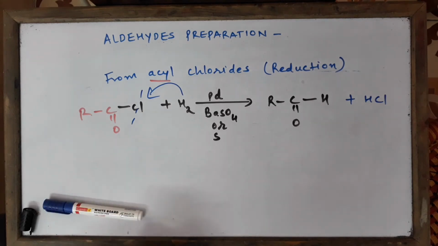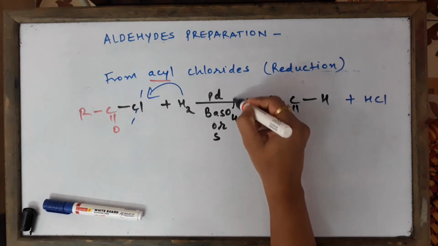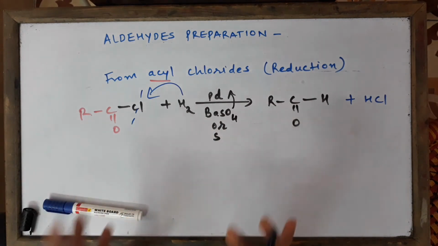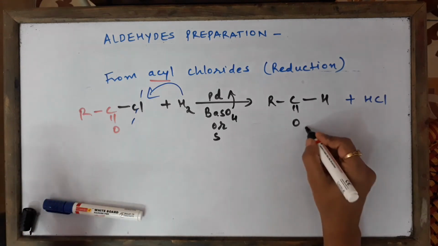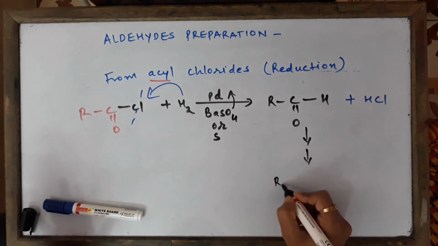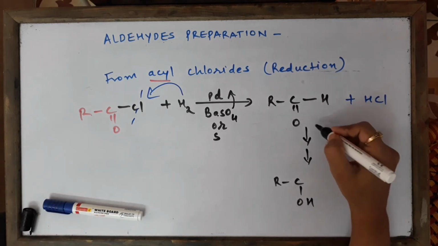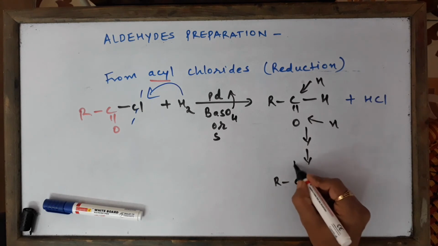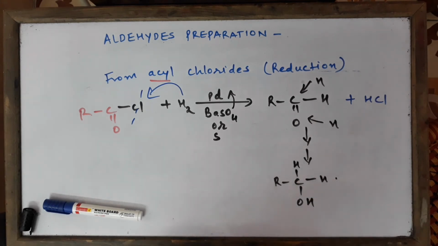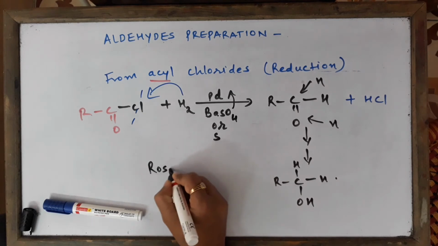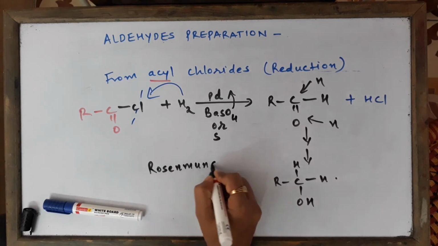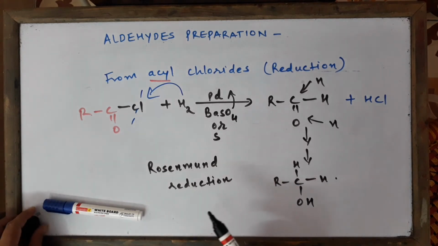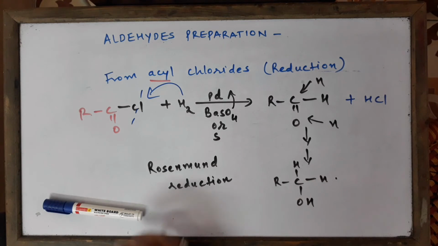So we are going to get aldehyde, but if you don't poison the catalyst, its activity becomes so high that complete reduction can take place. The reaction will not stop at stage 1. It will continue further, and you will finally get alcohol, because you all have learned how to reduce aldehydes. The hydrogens have to be added like this, so you will be getting primary alcohol. So this fantastic industrial method is known as Rosenmund reduction. What is Rosenmund reduction? Reduction of acyl chlorides into aldehydes is called Rosenmund reduction.